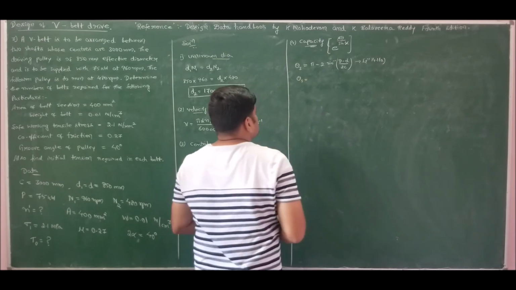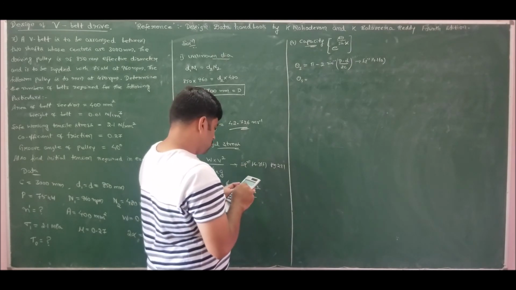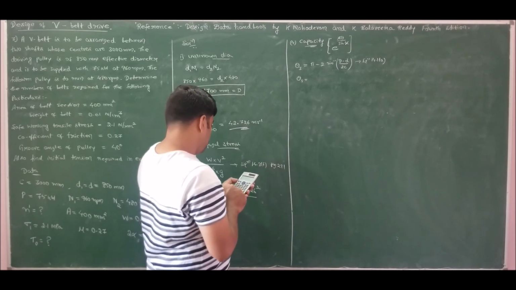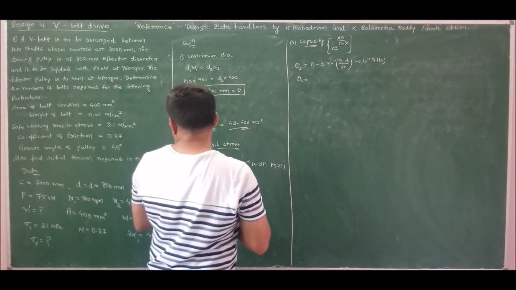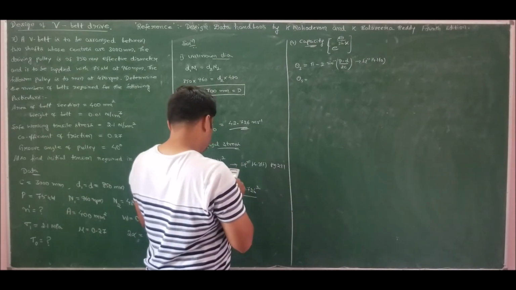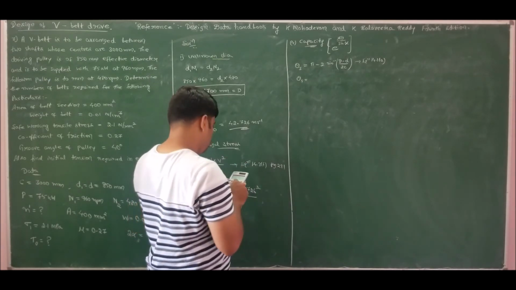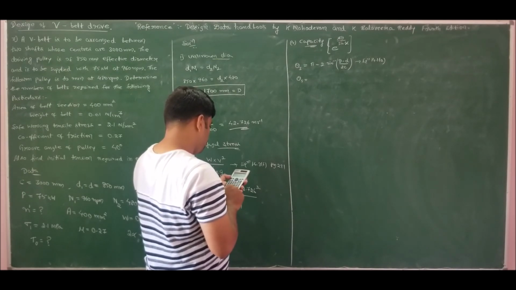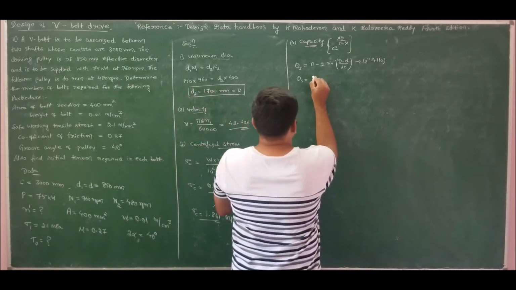And get theta s as, kindly make a note, your calculator should be in radian mode here. That is, we have 2 times sin inverse of capital D, 1700, minus small d, which is given as 850, divided by 2 times 3000. The center distance is specified as 3000 mm. So if I solve, I will get the answer in radians as 2.8573.